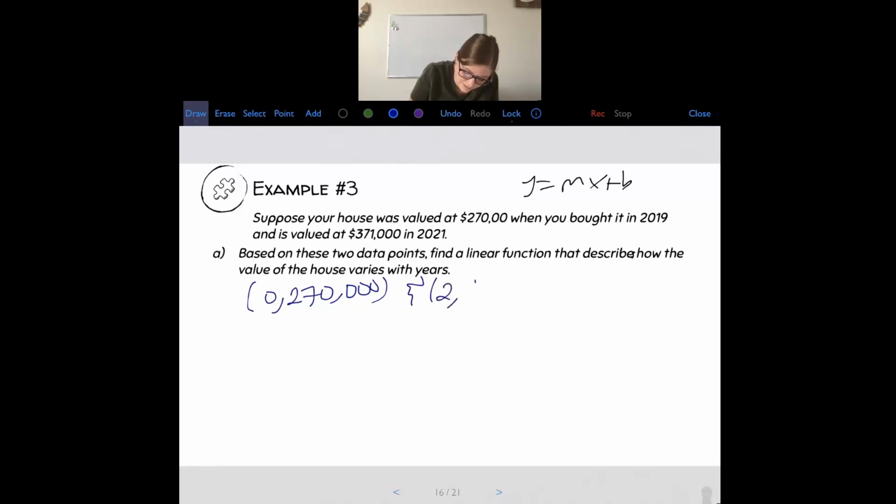Okay, so in order to write this equation, based on what it told us, we are looking for an equation in the form V is equal to MT plus B. So V is the value and T is the time in years since 2019. So we first need to find our slope. This is similar to finding the equation of the line using 2 points, only in this case we have an application. Okay, so M is equal to y2 minus y1